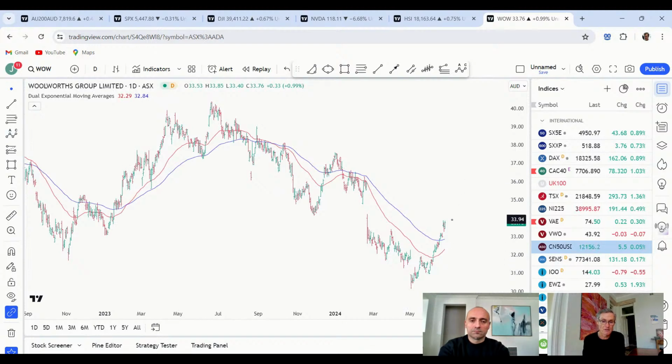We've gone from below the averages to above. I'd like to see the averages cross. Maybe we get a period where we do get some back and forth while the averages cross, and then if we start to see another break to the upside, this is when I'd get interested. And of course, I don't know that the price action is going to play out like this, but often we